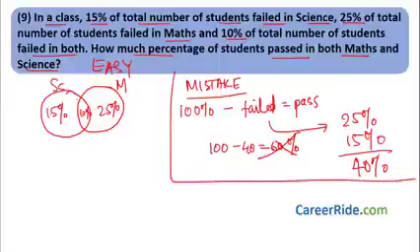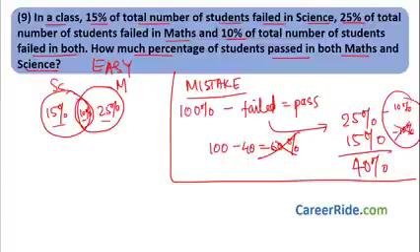You need to see that there is a 10% given over here. These students failed both science and maths. So what happens is that when you count 15%, you are counting this 10% also. And when you are counting 25%, you are counting this 10% also. So 10% is getting counted twice. Here 10% is there. Here 10% is there. Look at the right hand side. Here 10% is there. Here 10% is there. That means there is double counting.